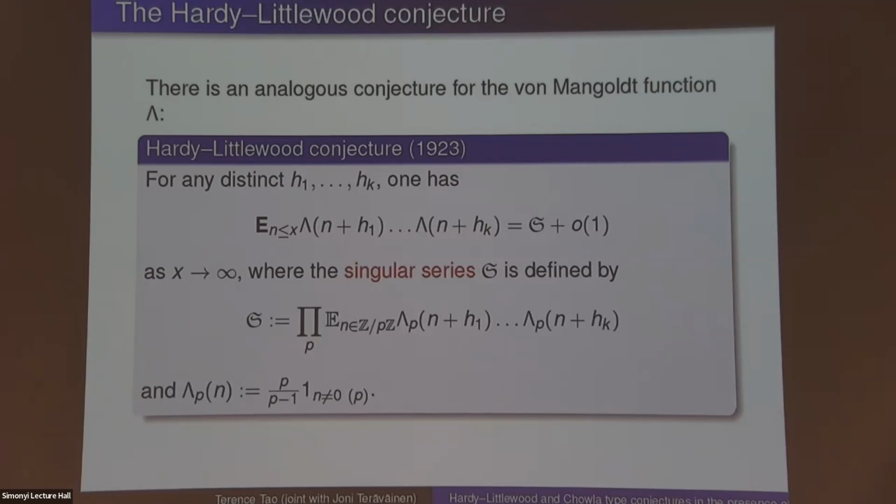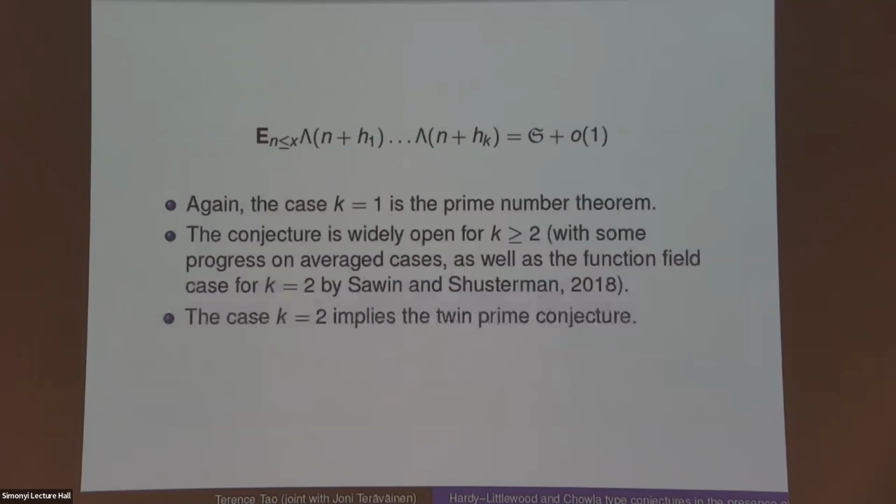Okay, so this is the Hardy-Littlewood conjecture, and very similarly to the Chowla conjecture, we know it for k equals 1, based upon number theory. And there is no value of h1 to hk for which we know it for any bigger value of k. It's completely open. And here we know less than in Chowla. Again, if you average in the h's enough, you do eventually get some results. But